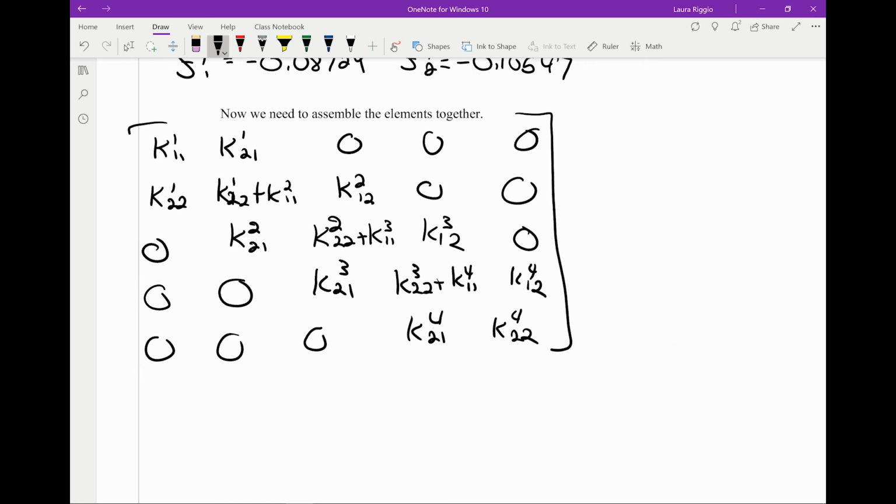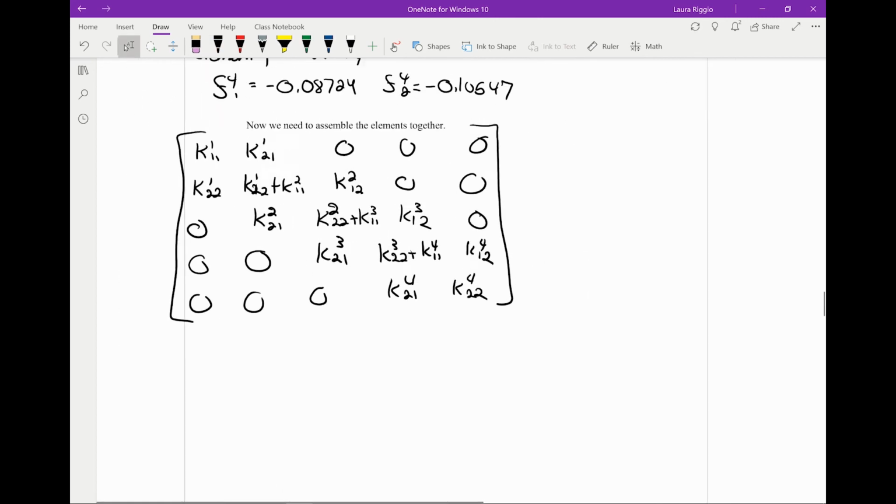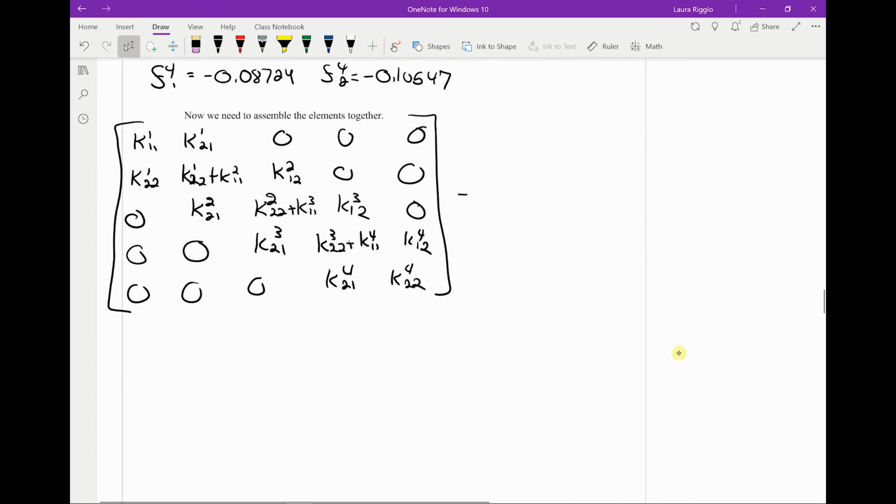So this is our assembled stiffness matrix, which is equal to 3.9167